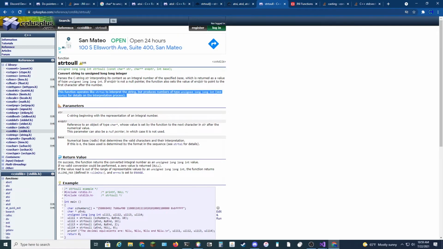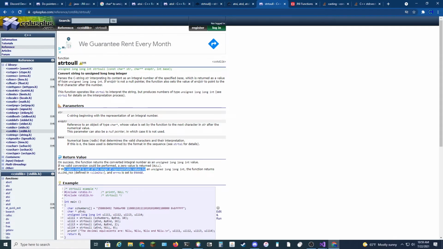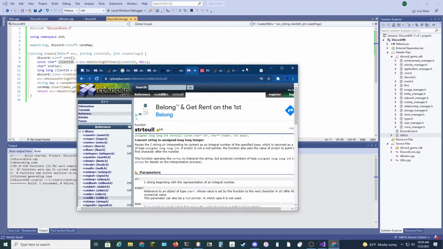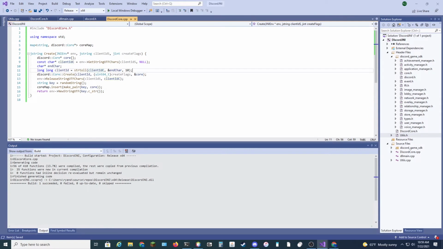Long int. If the value is out of range of representable values, the function returns ULONG_MAX, and errno is set to ERANGE. So what we can do is we can say, if we just move, no, we need this. So what we should do is